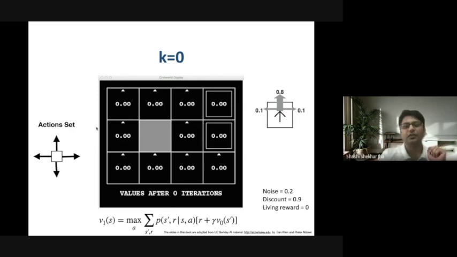Initially, all these numbers just denote the value of all the states, right? So these are simply initialized to 0. All the values of all the states are 0. We are going to use this function to calculate the value function at the first iteration. To come up with v1 of s, you will use the value v0 of s, where all the values are actually 0.